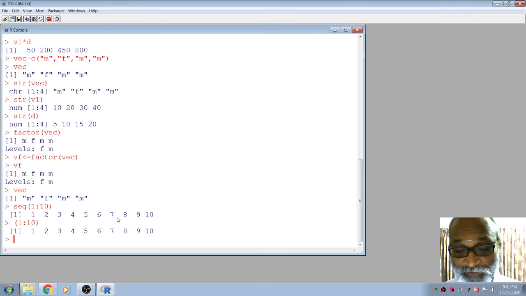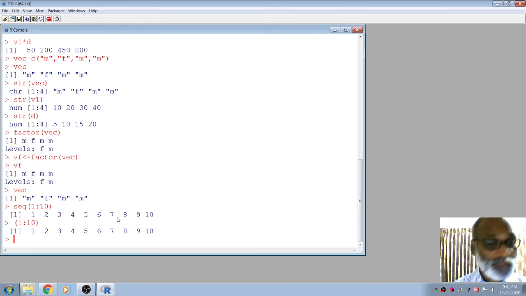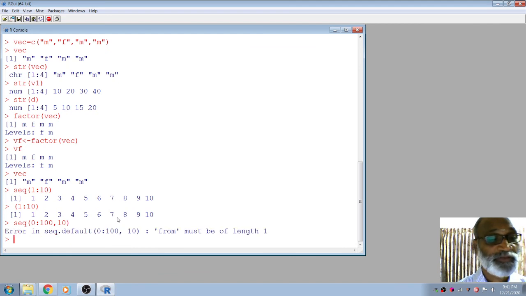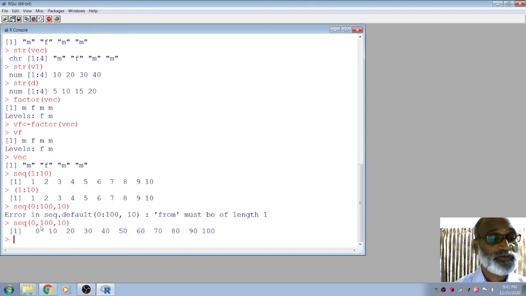Again, you can create a sequence, for example 0 to 100 by incrementing the value by 10: 0, 10, 20 like that. Simply type 0, comma, instead of colon you can put a comma. The first element is the initial value, then the last value, then the increment. So 0, 10, 20, like that up to 100 you can create.